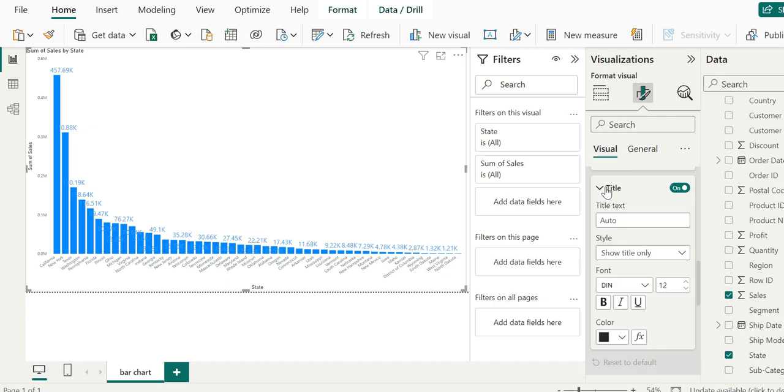This is the title text. It contains a text box with the title text, which is currently set to sales by state. This title text is selected automatically, not given by us. You can see the same text, sales by state, appear on the top left of our bar chart.